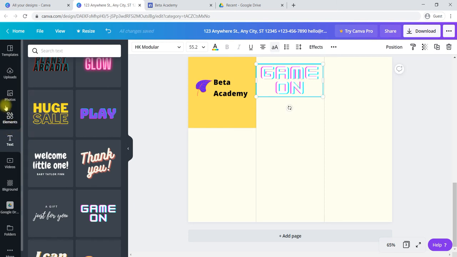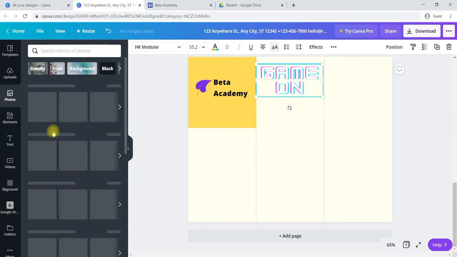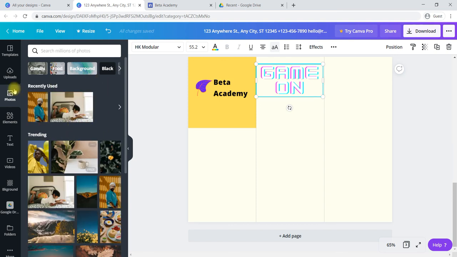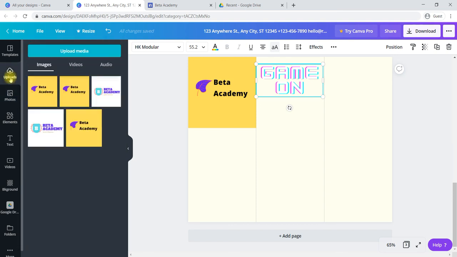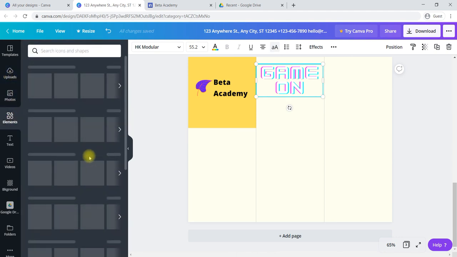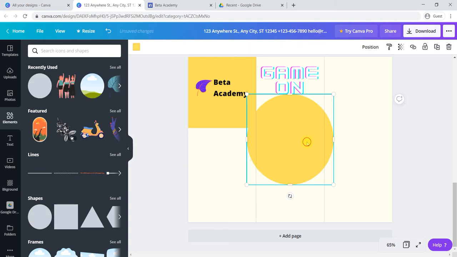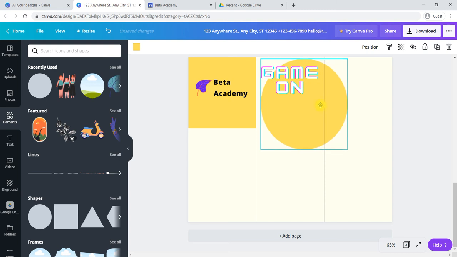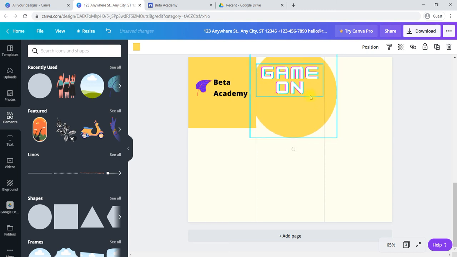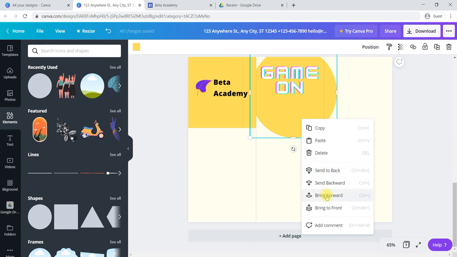Here we can use any photos which you have already stored, and if you have anything specific, you can upload it here. If you would like to use any elements, you can use any of them, for example sections and shapes. The color of the shape you can change. If you would like to bring a shape forward, right click and bring forward.